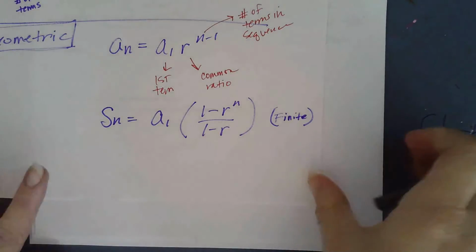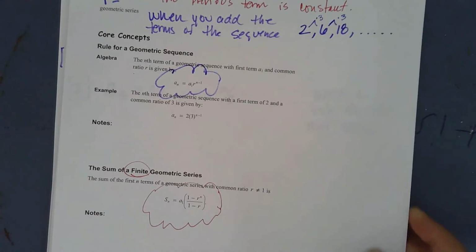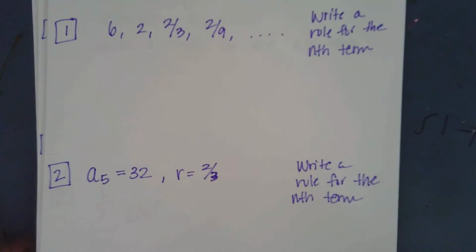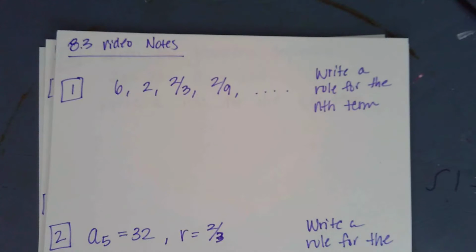All right, I would like you to grab some paper, if you don't have some handy, because we're going to go through a couple examples that are not in your student journal. These are some examples, and again, you can pause the video if you need to go grab some paper. These are some examples of what you're going to be expected to do with